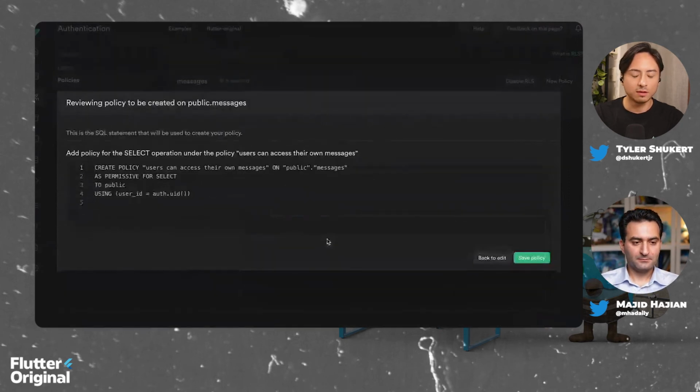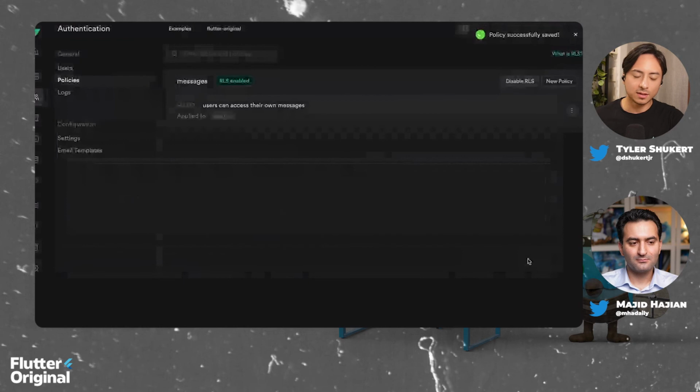And this will give us the full SQL that will be run behind the scenes to enable this particular row level security. This is something I like to highlight about Supabase: it provides an easy way to get started with Postgres, and no knowledge of SQL whatsoever is required to get started. But then it gives you these hints of different Postgres features in different places within the dashboard. So you can start to learn Postgres, start to learn SQL, and level up as a developer. So once everything looks good, we can hit save policy,